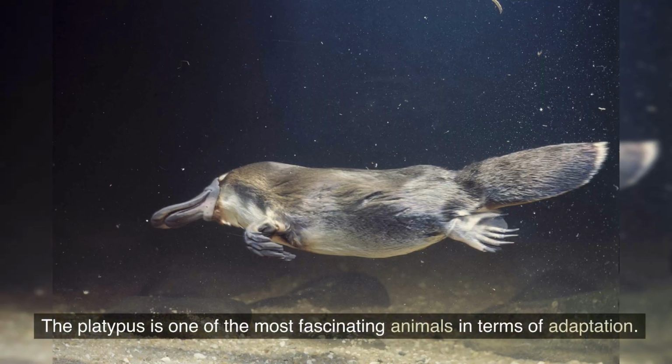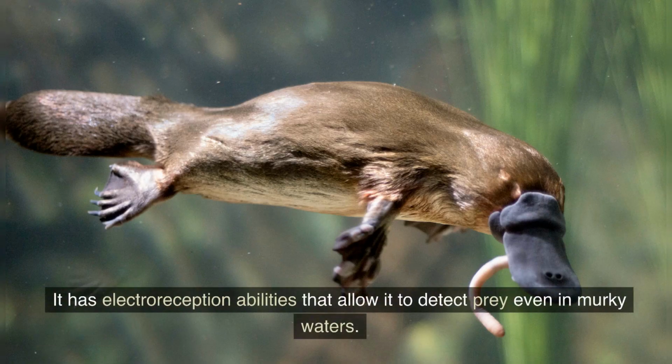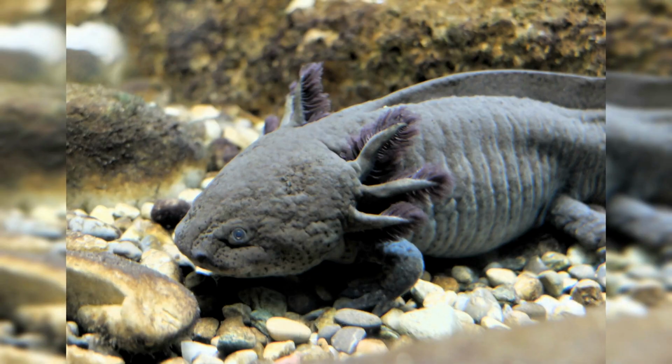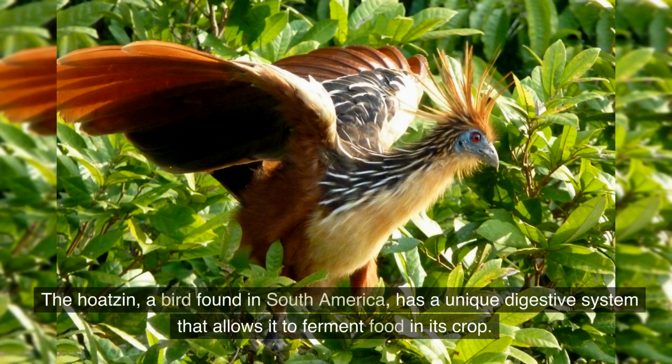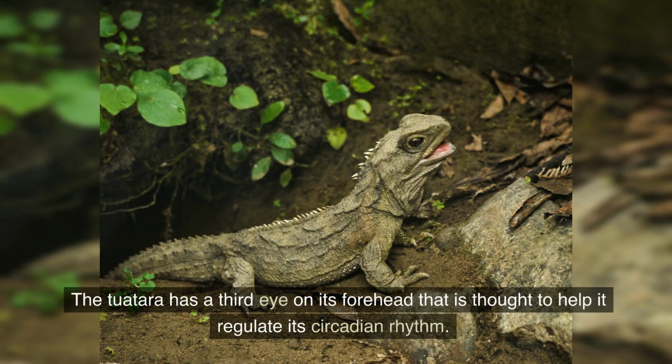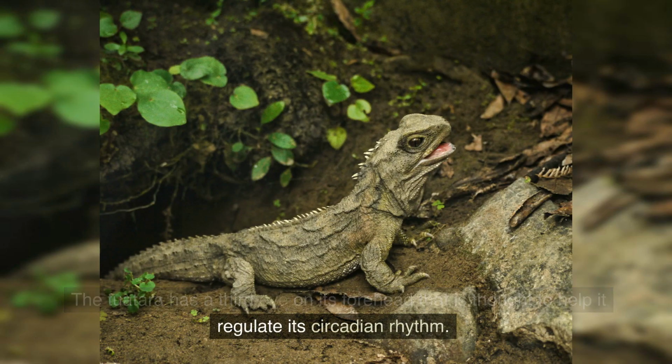The platypus is one of the most fascinating animals in terms of adaptation. It has electroreception abilities that allow it to detect prey even in murky waters. Another example is the axolotl, which has the ability to regenerate its limbs. The hoatzin, a bird found in South America, has a unique digestive system that allows it to ferment food in its crop. The tuatara has a third eye on its forehead that is thought to help it regulate its circadian